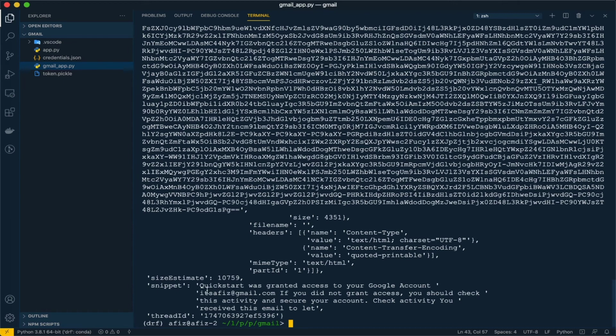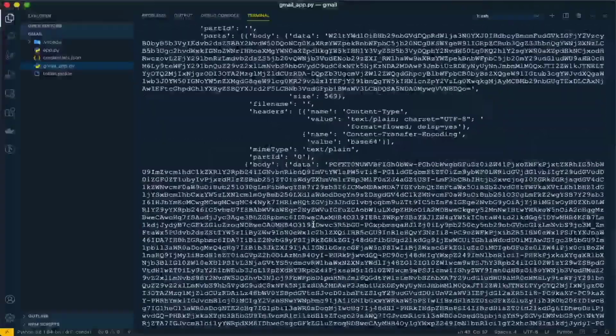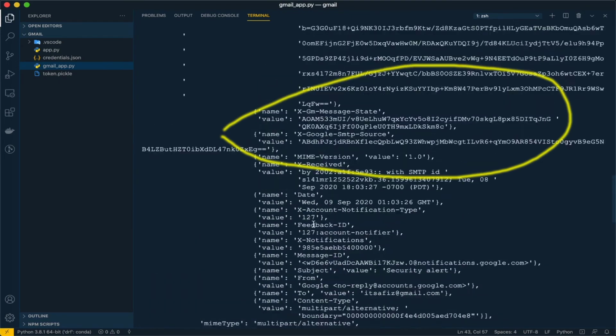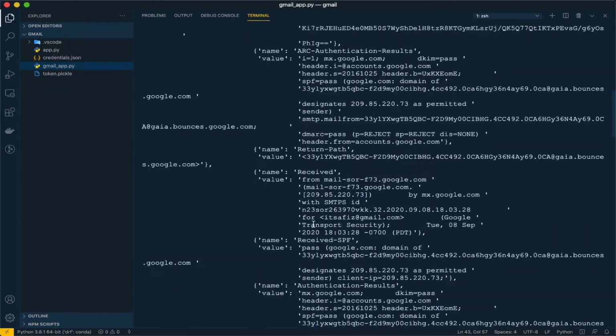However, we can see the snippet of it here: quick start was granted access to your Google account. You can also see the email ID over here, and this is the thread ID. Let's go a little up to see some other information. There is nothing much.